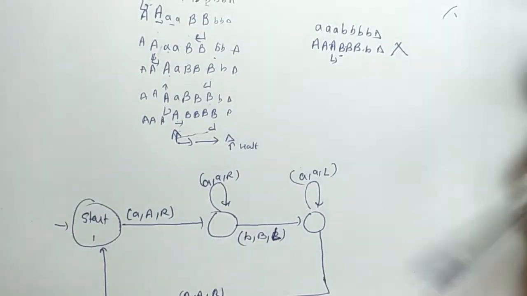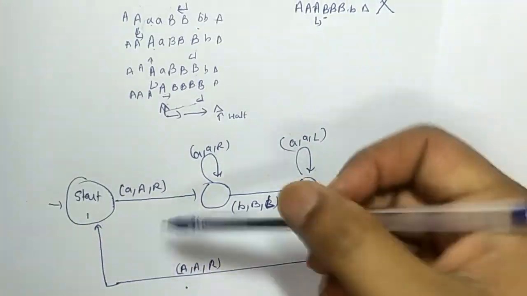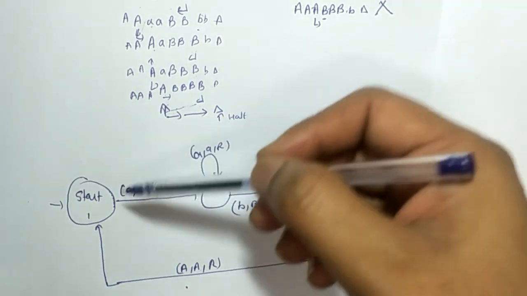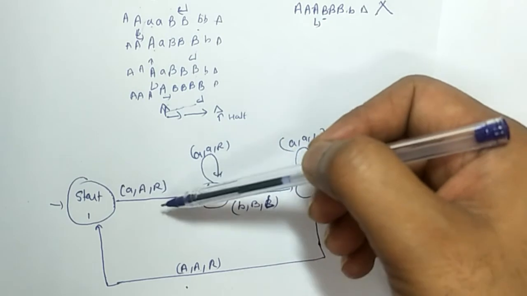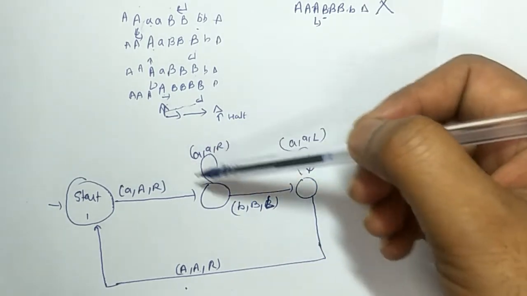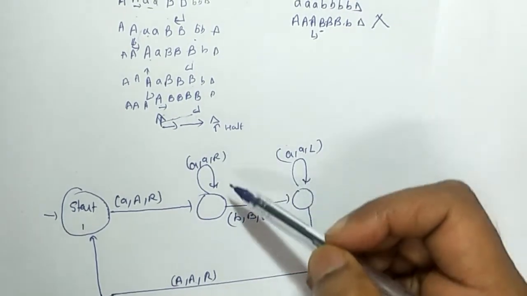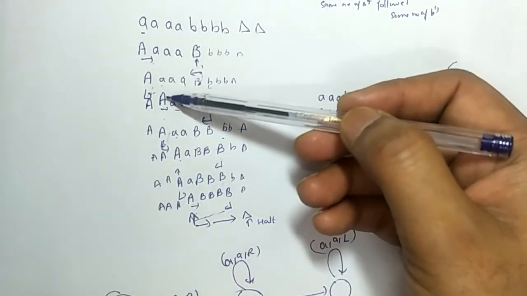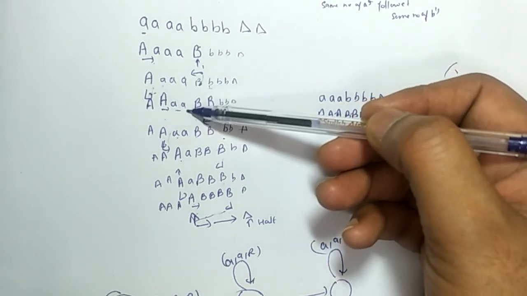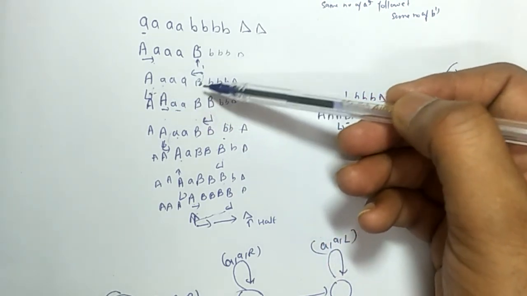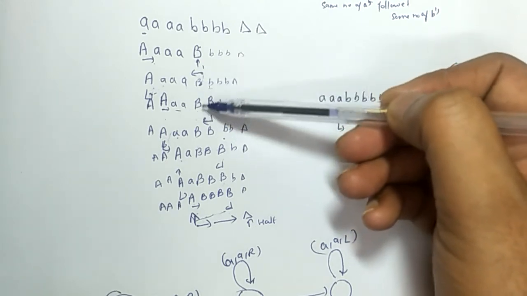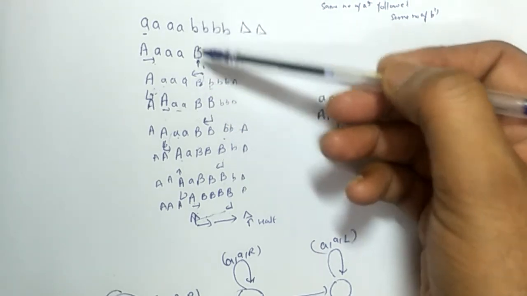So here you get capital A. To the right of it you may get more small a's, then you will convert this small a to capital A, leaving all small a's. Now you will not find a small b. After a small a, when you move in this direction and change this a, you will get a small a. Then before getting a small b you will get some capital B's that you already changed.